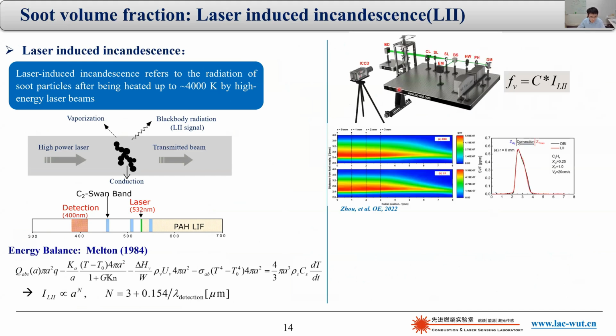So this is a typical setup for LII measurement in counterflow flames. The beam is shaped as a sheet to pass the center of the flame. A detection is usually performed normal to the light beam. An advantage of LII is that it's a local measurement, so there is no need to do the tomographic inversion. So this is a spatial distribution of soot volume fraction for these counterflow flames we measured with both LII and DBI, and you can see almost a complete overlap.